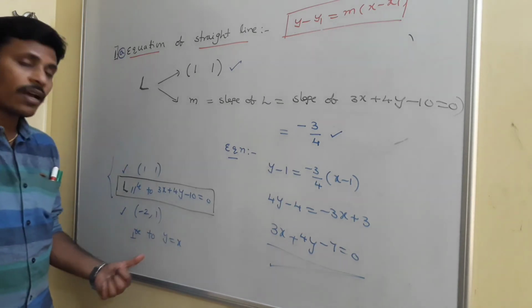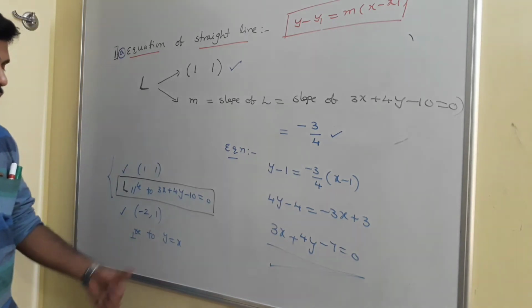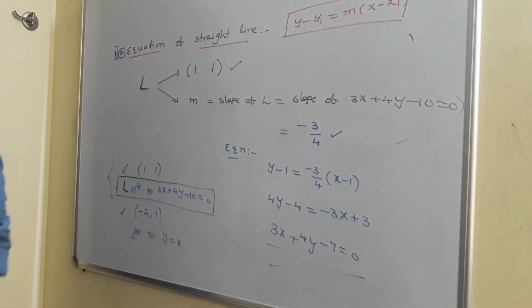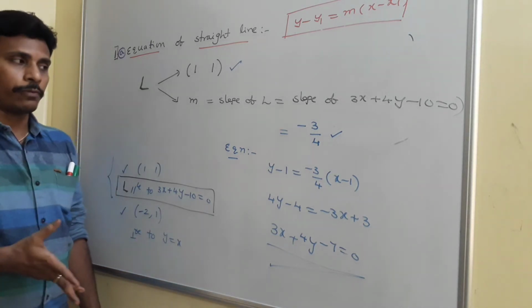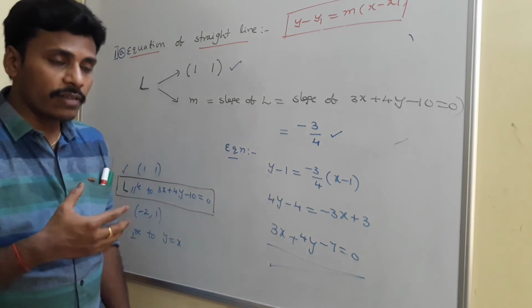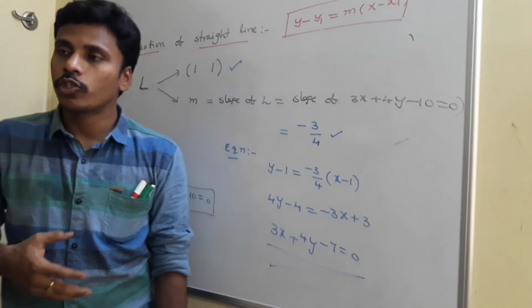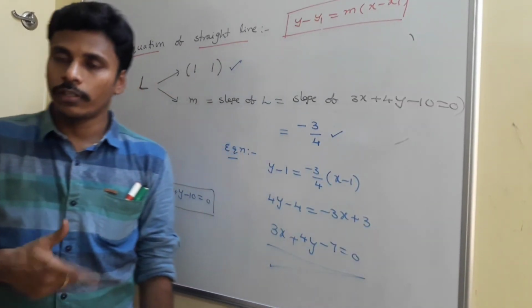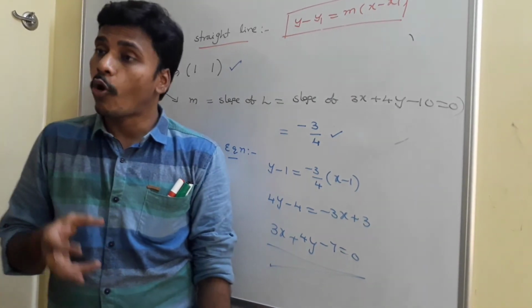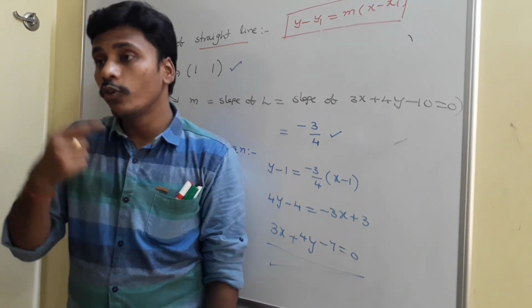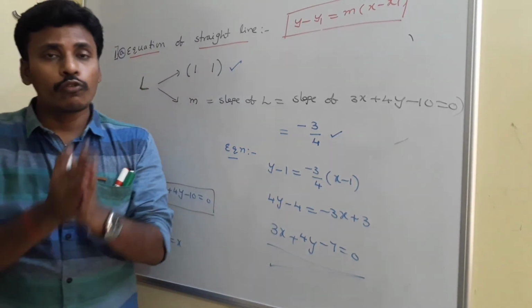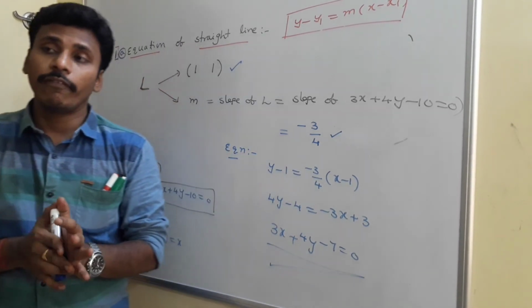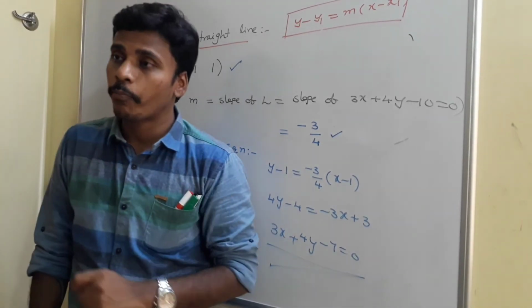And look here, I have one more example. Again you just try for a while and I will give you the answer for that question. Every time you need to search for a point along with the slope. Sometimes the slope is directly given, and sometimes it is not, so you need to search for the slope. In a few problems the point is also not directly given, and you need to search for that point also. But till the end of this chapter, to find the equation of a straight line, every time you require a point and the slope.